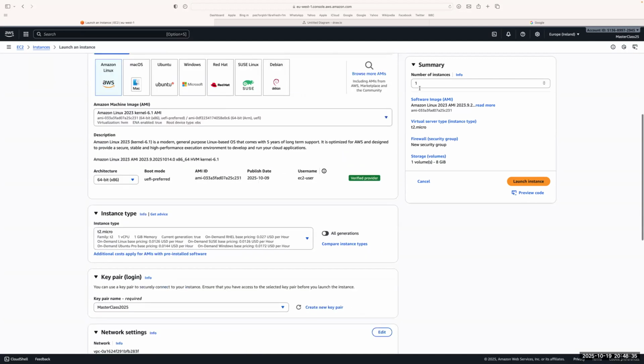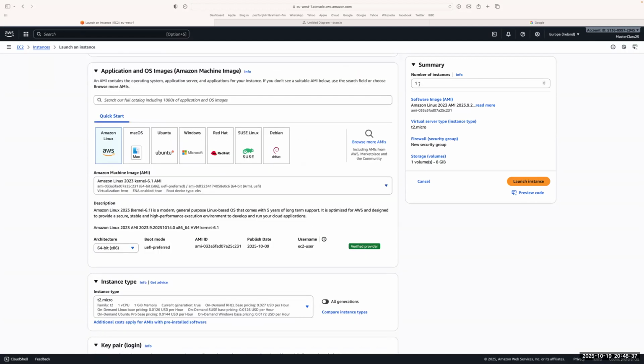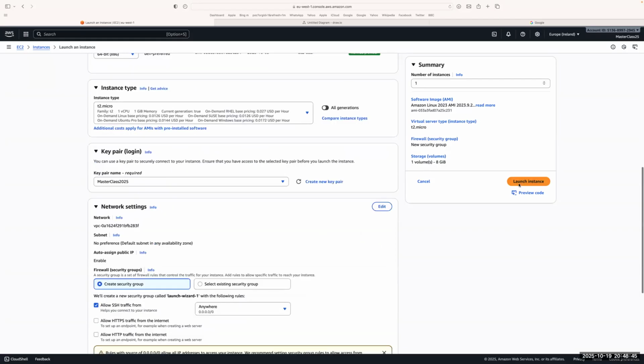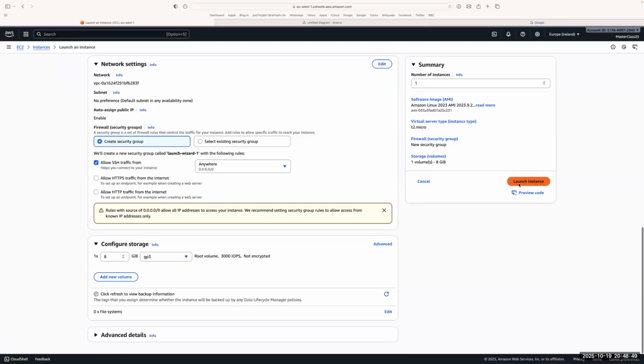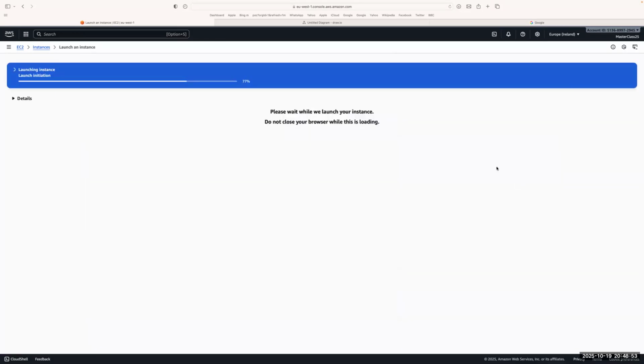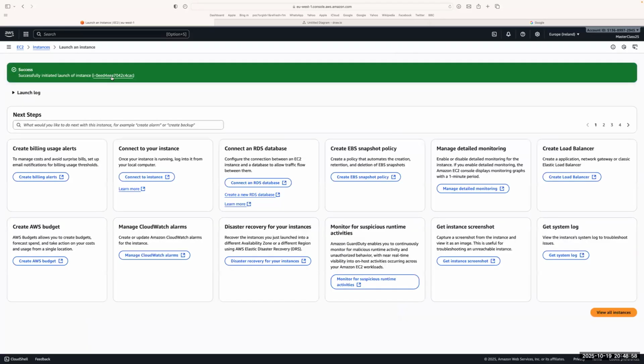Okay, and we are specifying it with that. We only want one machine created. We're not building 2 houses, we're just building 1 house. And then, I'm not touching anything else, and then you will launch. So this is doing a lot of things around security, around access, etc. When it's provisioned, it's going to give you a link to it to be able to see it. So you click on that,